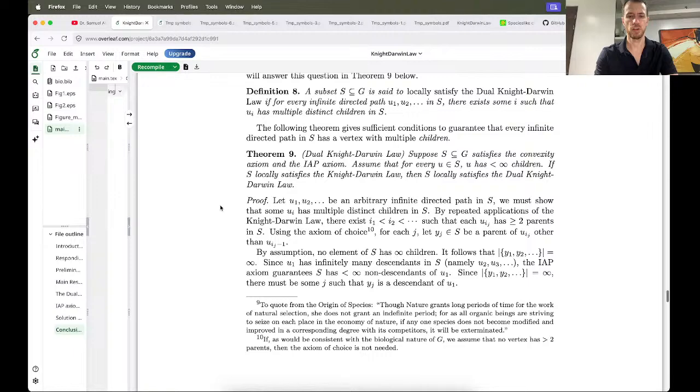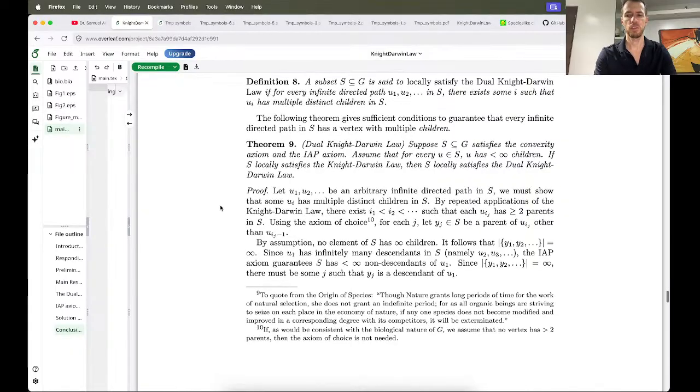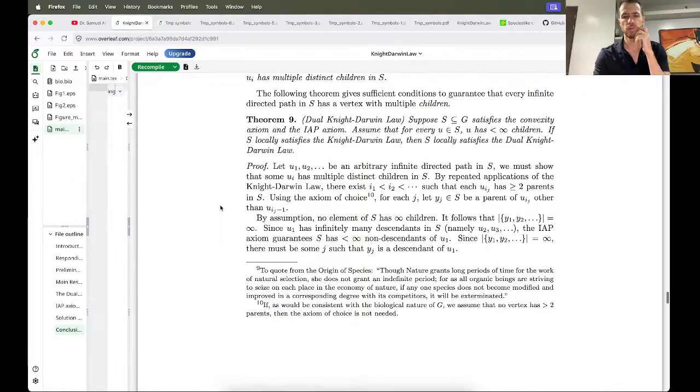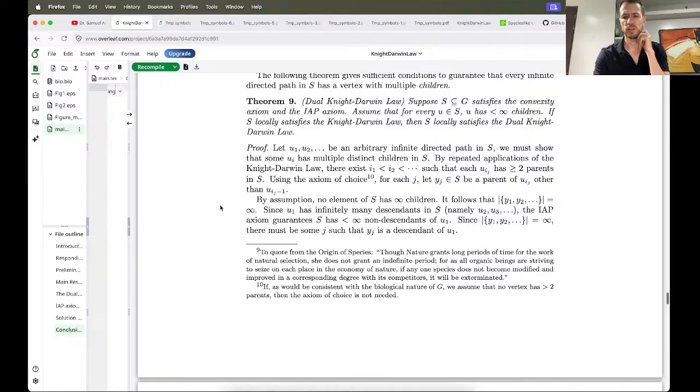Proof. Let U1, U2, ... be an arbitrary infinite directed path in S, we must show that some Ui has multiple distinct children in S. By repeated applications of the Knight-Darwin law, there exist i1 less than i2 less than ... such that each U_ij has greater than or equal to 2 parents in S. Using the axiom of choice, for each j, let Yj in S be a parent of U_ij other than U_ij minus 1. By assumption no element of S has infinitely many children, it follows that the cardinality of the set